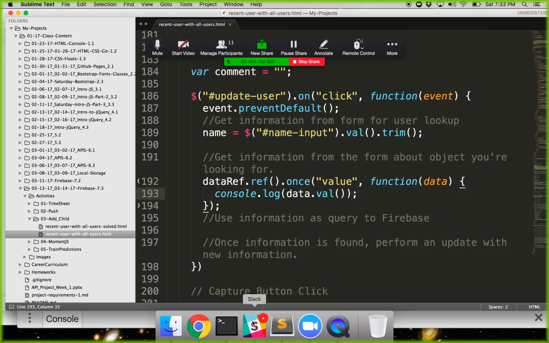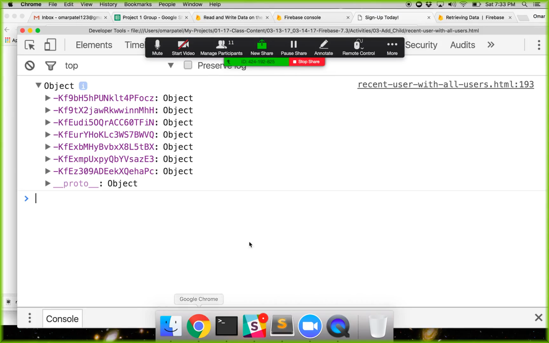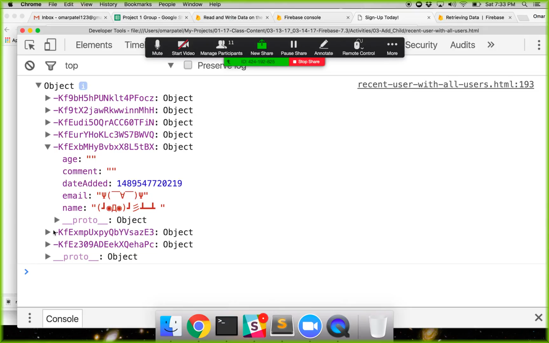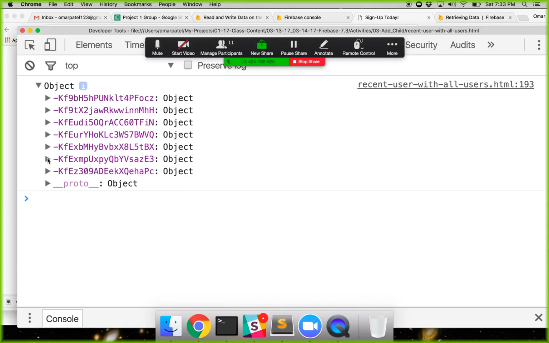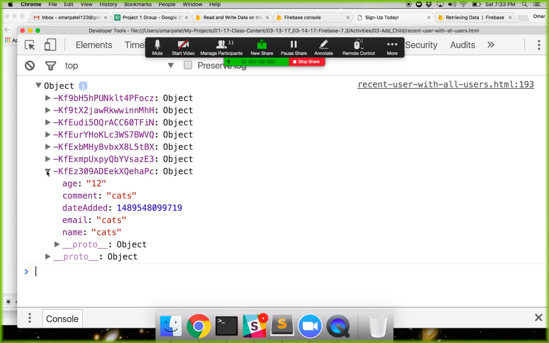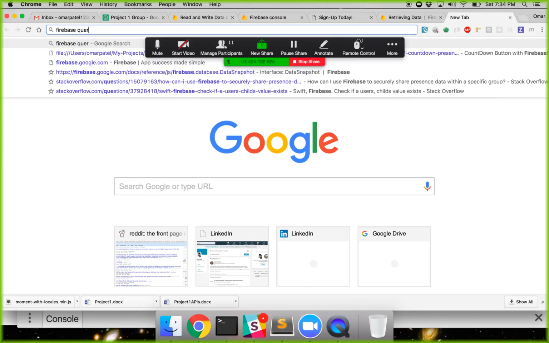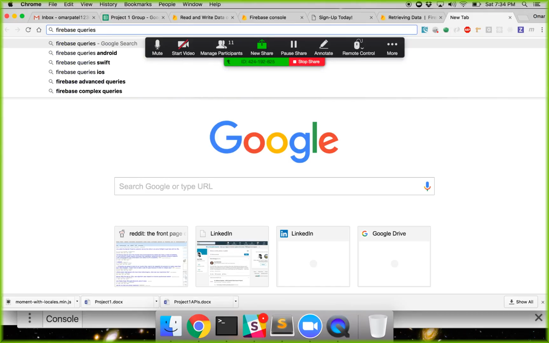All right, so we got back our information. So now we know, here's this information that we have. And we know that we want to get back the information more specifically. So why don't we make a better query? So we go to Firebase, queries,